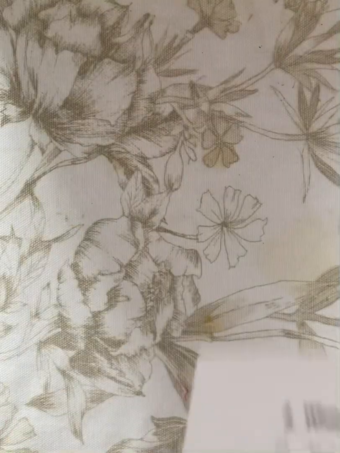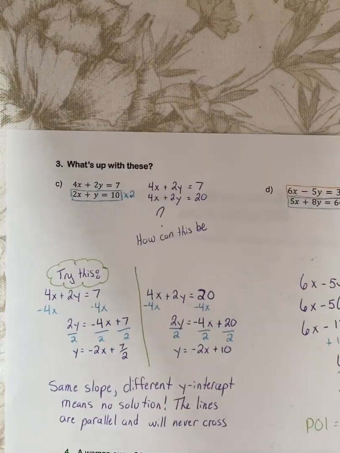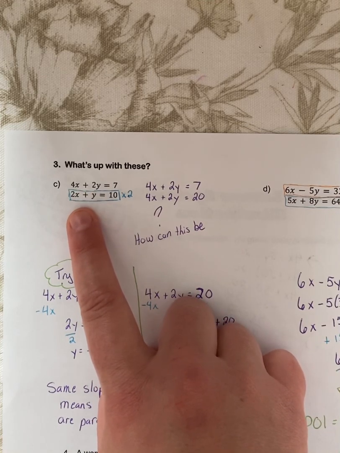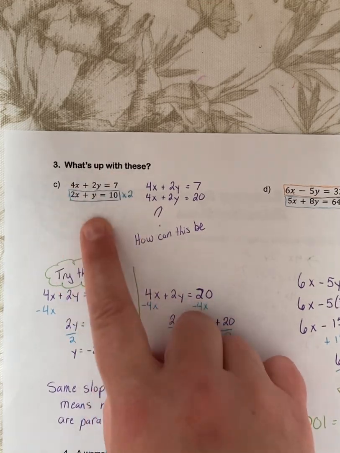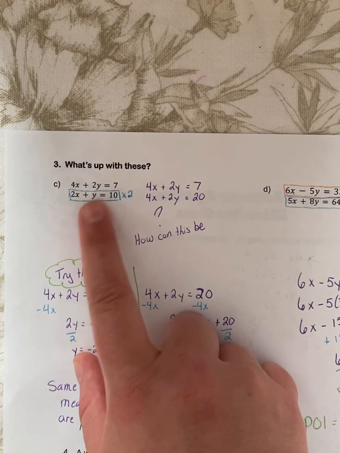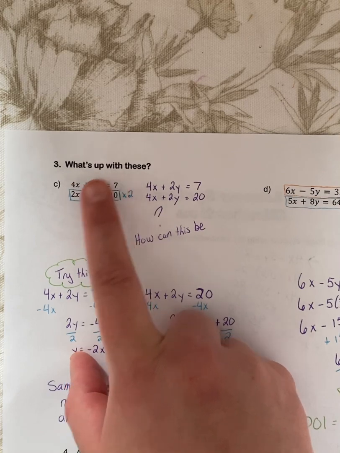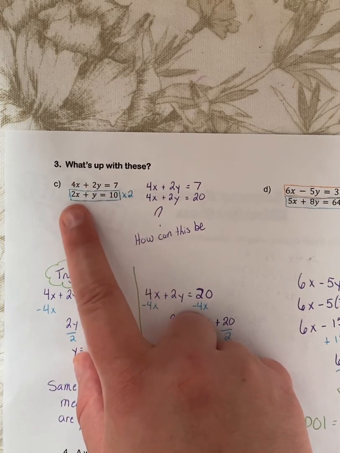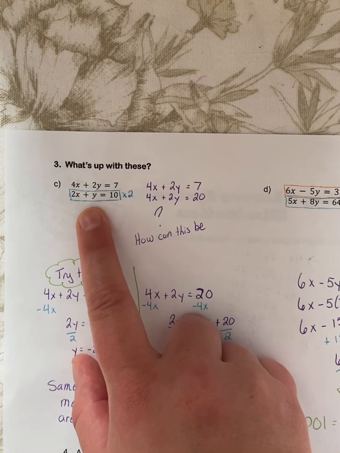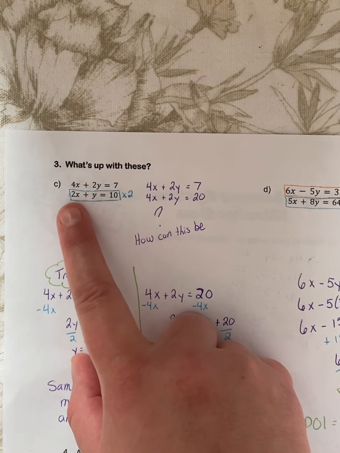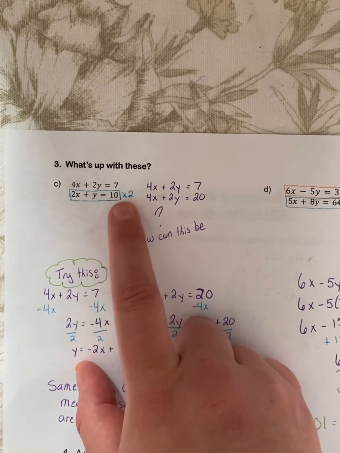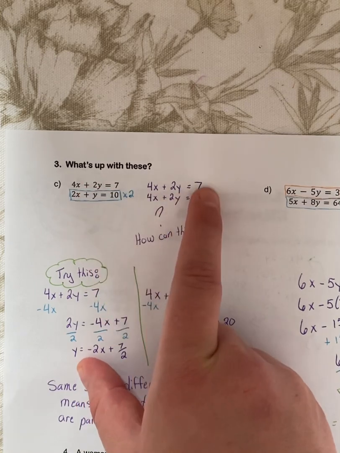Flip it over. So this one's cool. So if I have equations that don't line up at all, what I can actually do is change one equation so that it will match something in the first equation. So in this case, if I take this entire equation and I multiply it by 2, it will be the exact same equation. The numbers will just be a little bit higher. It's like an equivalent fraction. So if I have 2 times 2, give me 4x, y times 2 gives me 2y, and 10 times 2 gives me 20. So now if I stack them,